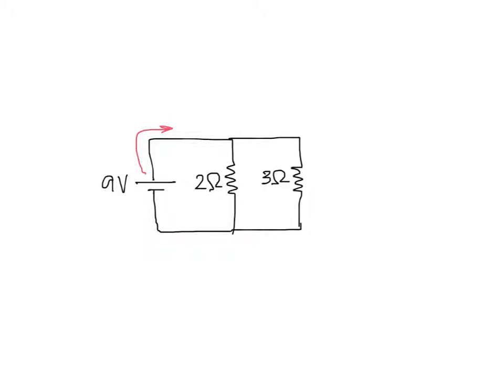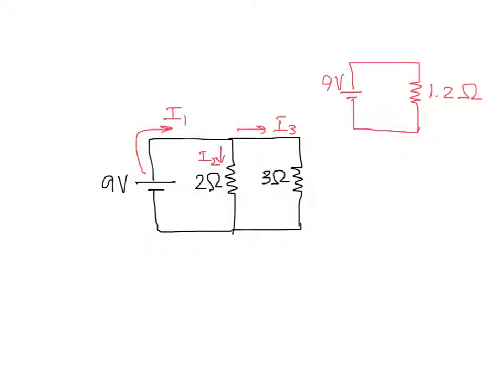So I just figured out that our equivalent resistance, let me first label this I1, I2, and I3. We just discovered that our equivalent resistance in this circuit was a 1.2 ohm resistor. So that's as if this circuit had a single resistor. If I could combine those 2 resistors, the 2 and the 3 ohm resistor, it's like having one 1.2 ohm resistor. So the current in this circuit, if that was my circuit, would be